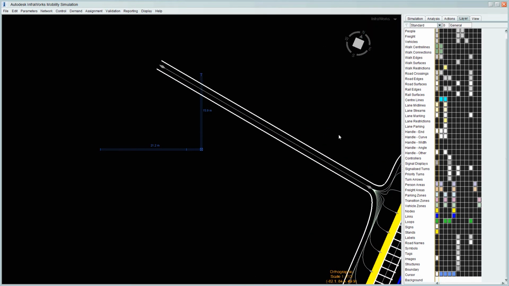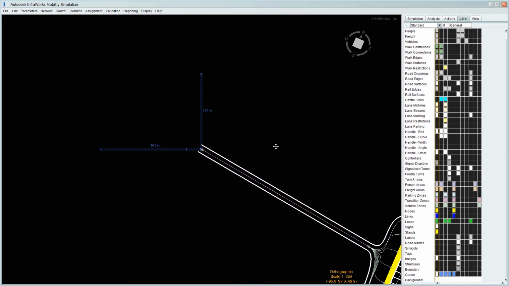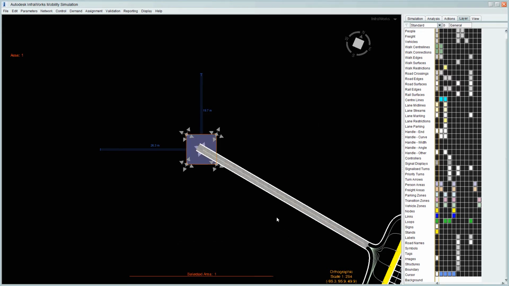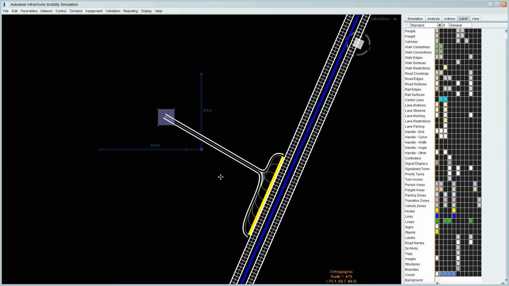Okay, so all we need to do is now create an area to pick up the other end, so where the people are going to be coming from. So again, we just say new area cursor. It's highlighted this walkway, so we know that it's fully embedded, which we know is absolutely critical for making this work. Okay, so that's all we need to do to set up this end.